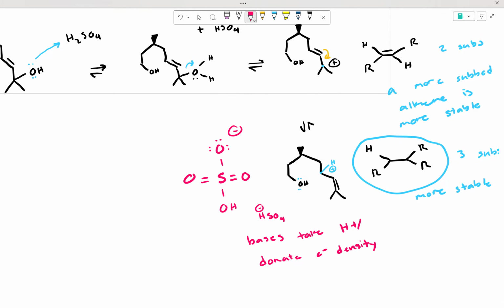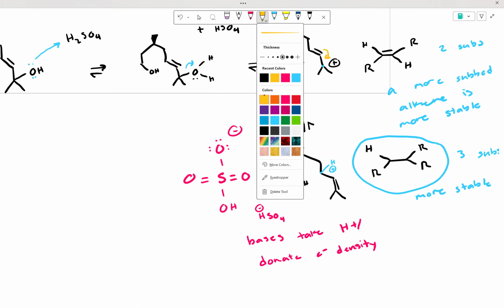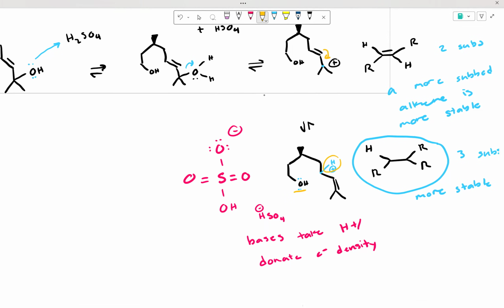We can see that this base wants to take hydrogens. Is it going to take hydrogens from the OH, or is it going to take hydrogens from the other H here? Well, it's going to take the hydrogen here because if it took it from the other place, it would have